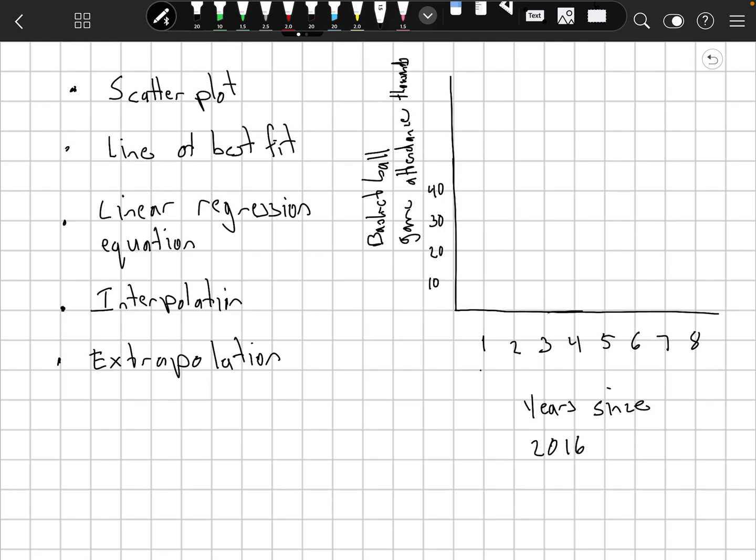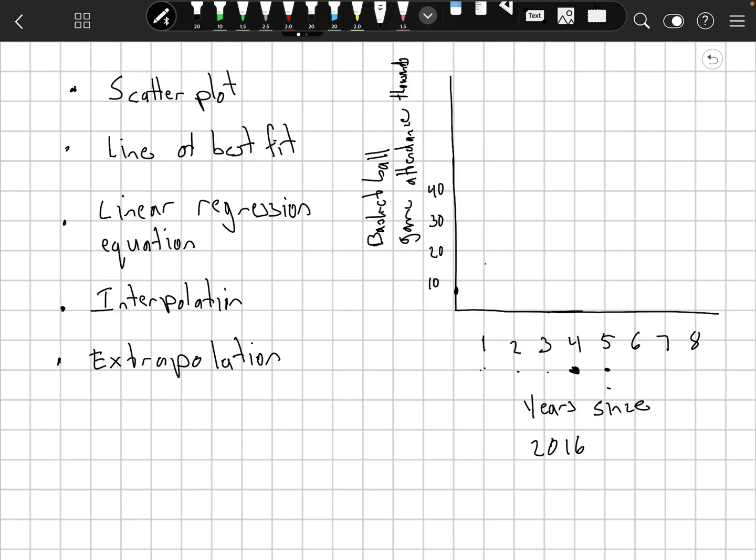We have a graph here across the x-axis that says years since 2016. So this is 2017, 2018, 2019, 2020, and then 2021. So here's kind of where the most recent data is, 1 through 4. And across the y-axis it says basketball game attendance in thousands. So in 2016 maybe there was 8,000,